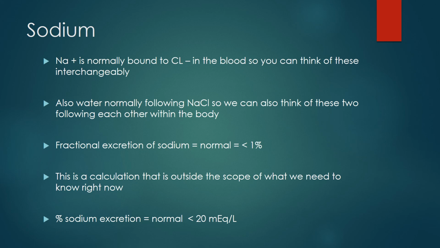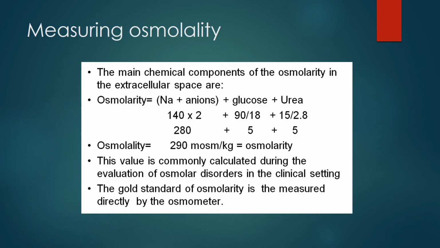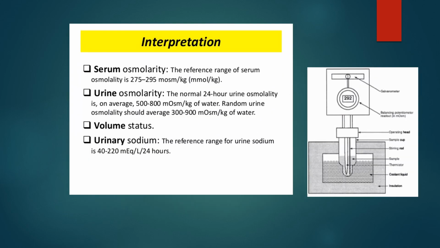It's really outside of the scope, but what you do need to know is that less than 1% fractional excretion of sodium is normal, and that is usually synonymous with the urine sodium concentration, which is less than 20 milliequivalents per liter. So if somebody's normal, their sodium labs are going to be less than 1% fractional excretion, and synonymous to that is going to be less than 20 milliequivalents. If it's greater than 40 milliequivalents, then it's going to be greater than 2% fractional excretion, like we saw there, right? So sodium chloride make up the lion's